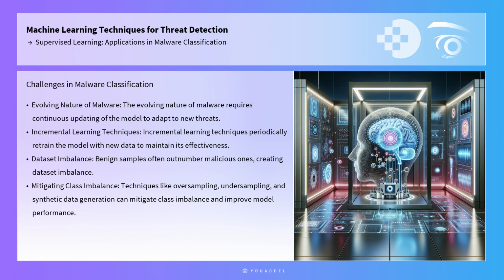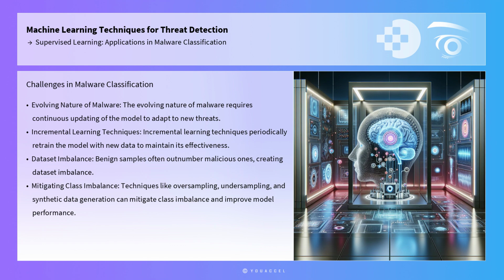Despite the success of supervised learning models in malware classification, several challenges persist. One major challenge is the evolving nature of malware, which requires continuous updating of the model to adapt to new threats. This can be addressed through incremental learning techniques, where the model is periodically retrained with new data to maintain its effectiveness. Another challenge is the imbalance in datasets, as benign samples often outnumber malicious ones. Techniques such as oversampling, undersampling, and synthetic data generation can be employed to mitigate the impact of class imbalance and